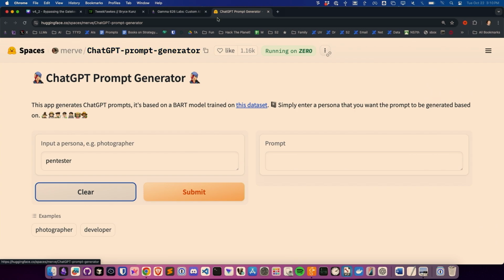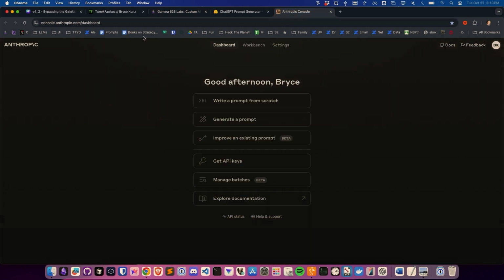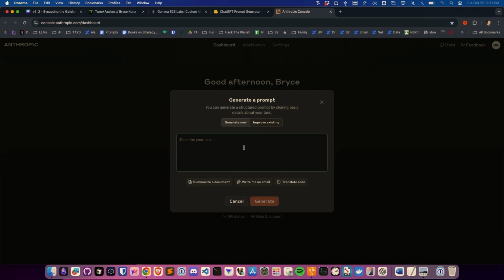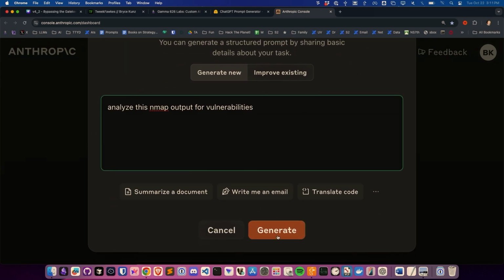So that's good. Another one that I really like to use is that Anthropic has a prompt generator. It's pretty hidden. You have to go to console.anthropic.com/dashboard, and then there's this generate a prompt option here. What I like about this is you can put your 0-shot really quick thing in here, like, analyze this nmap output for vulnerabilities. Oh, and I'll zoom in again. Sorry about that. Probably didn't spell that right. All right. And then you could put more, but then when you click,